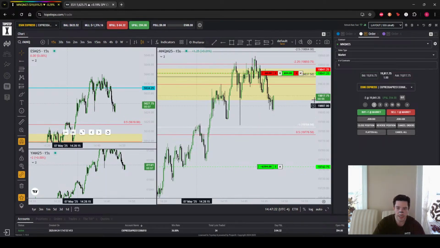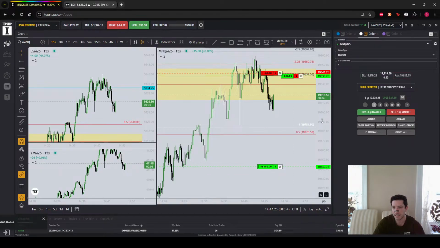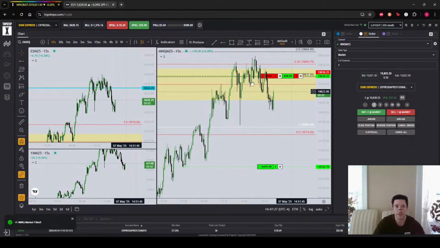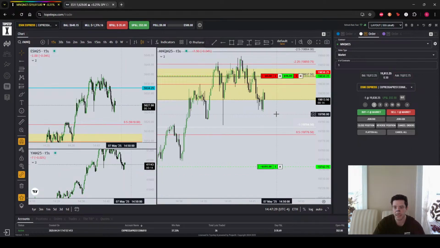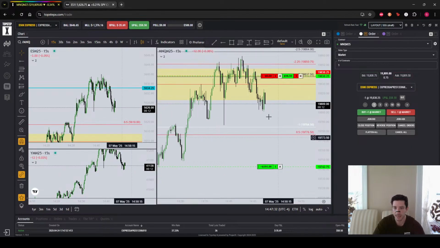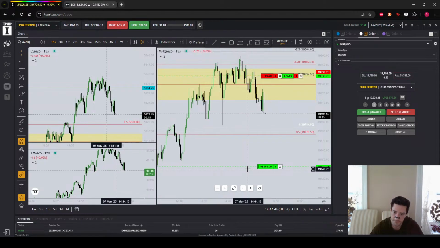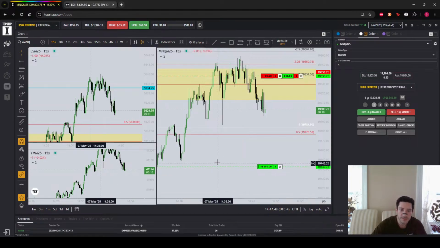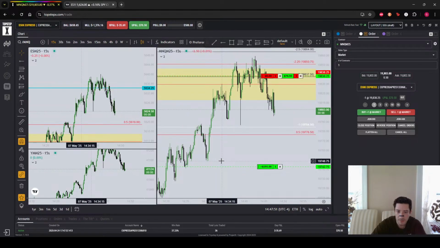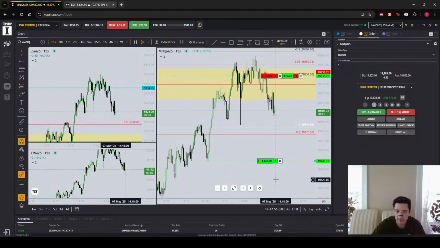So ES has taken that wick low, and that's an instant not great reaction. So I am going to partial one more just to kind of get our P&L sort of back to even, and we could hold the rest and see what happens. If that high put in holds, I'm in good shape. I could trail my stop to that, but the fact that there's a gap right above it, it could be breakaway. But if I really wanted to give myself every single chance I would hold that. From an equal low perspective, we also do have these here, which I think are reasonable to target. So maybe we'll put final TP right around there.